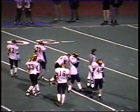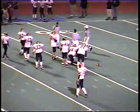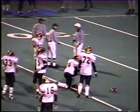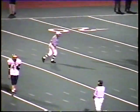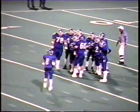It's 3rd and 26. That play lost 10. The previous one lost 6. 26 would almost represent, in fact, would represent more yards than they've got the whole 3rd quarter and part of this 4th quarter on one play. It's going to be tough. Now a whistle and a conversation among three of the officials. We certainly hope the other two do not feel left out. Caldwell used the opportunity to talk to his head coach, Ken Miner. Number 8,